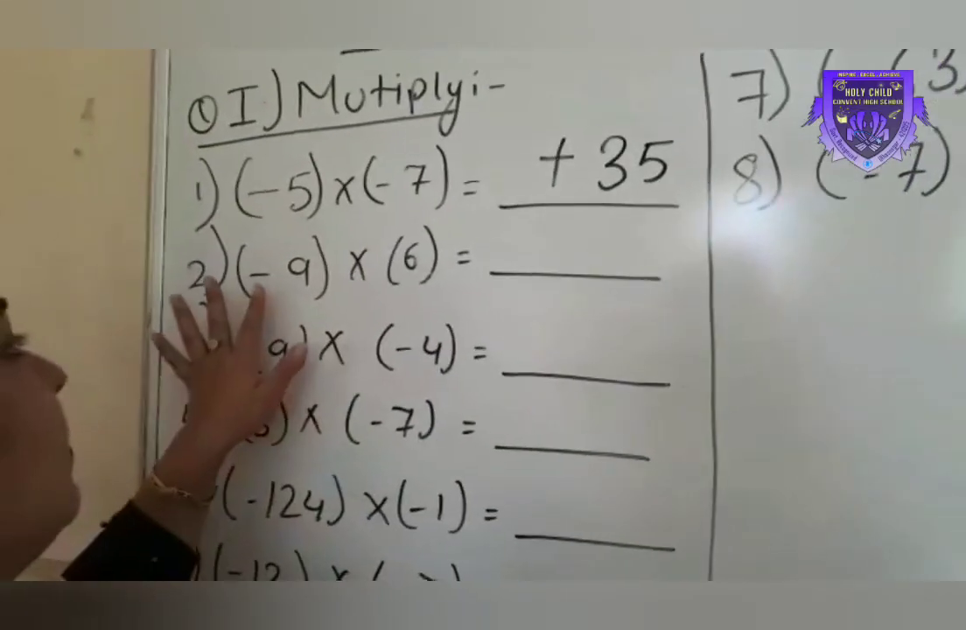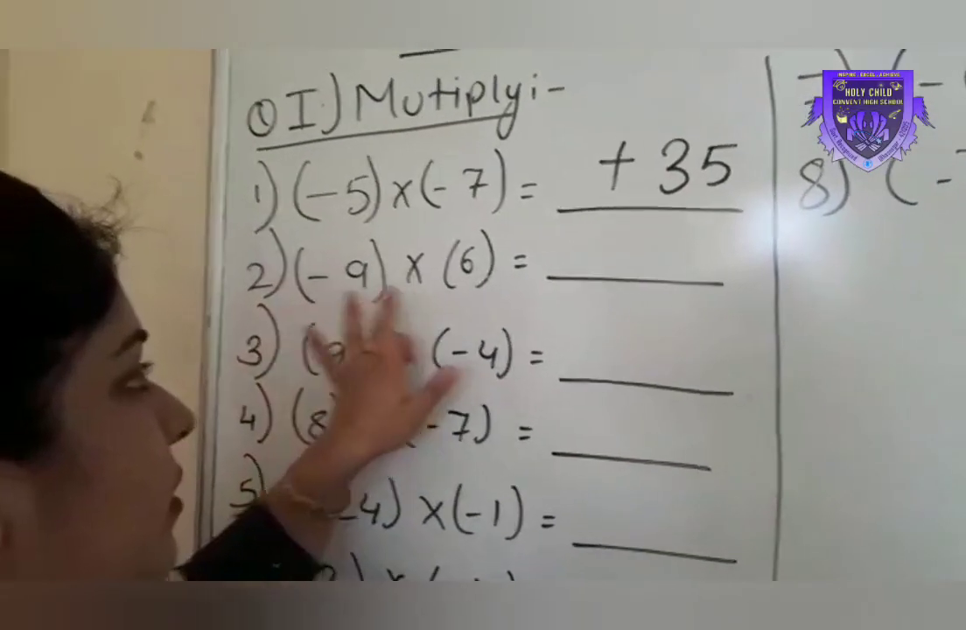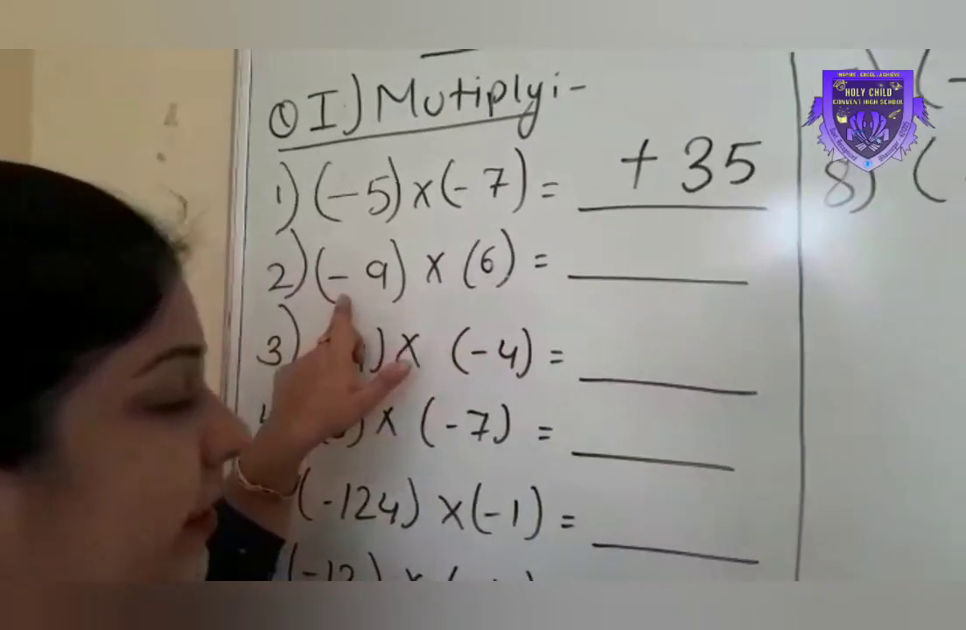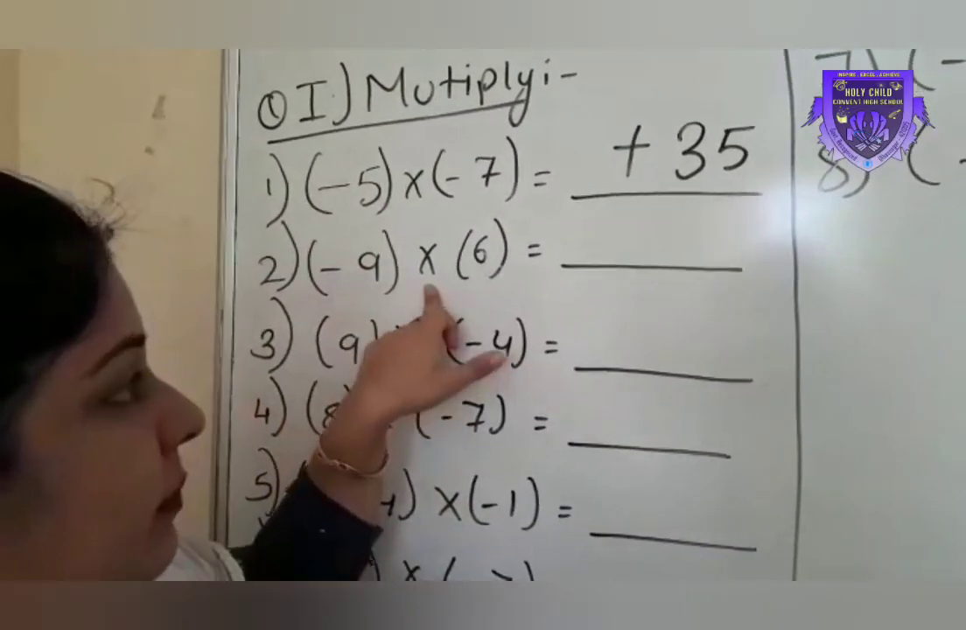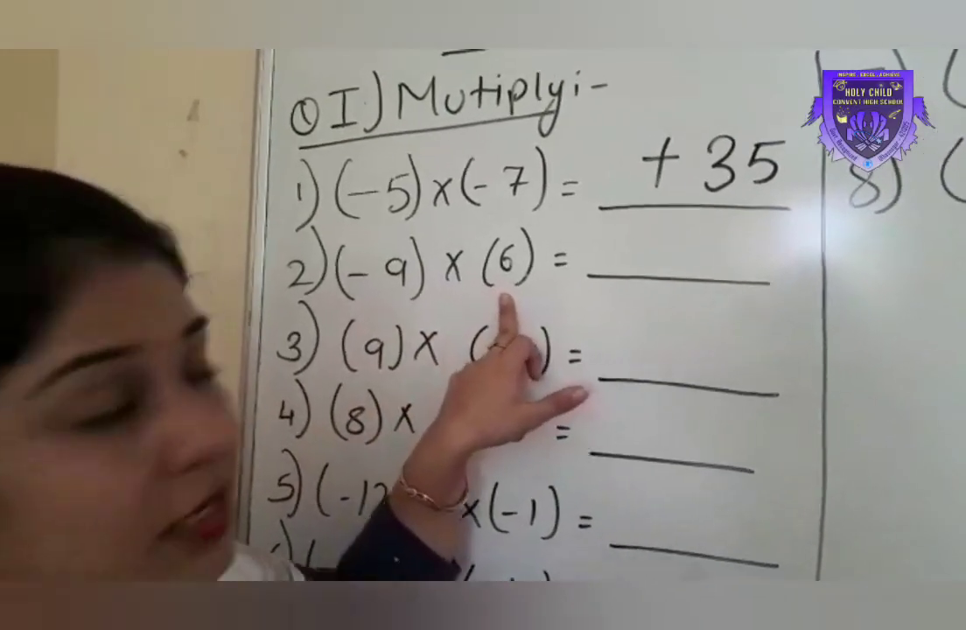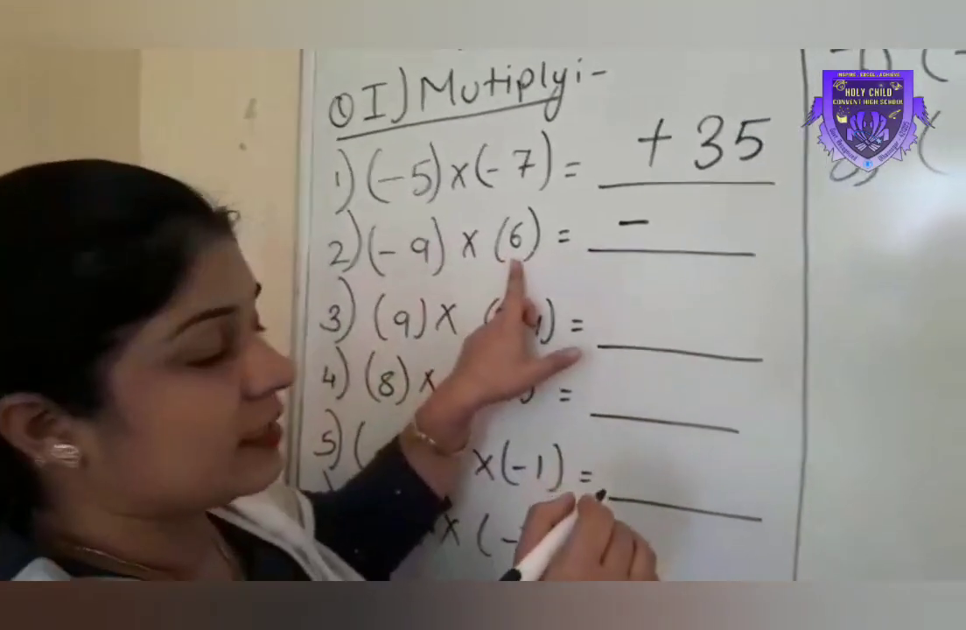Okay. Minus 9 into 6. Here one negative number is given, one positive number is given. Negative multiplied with positive, we get the answer negative. 9 6s are